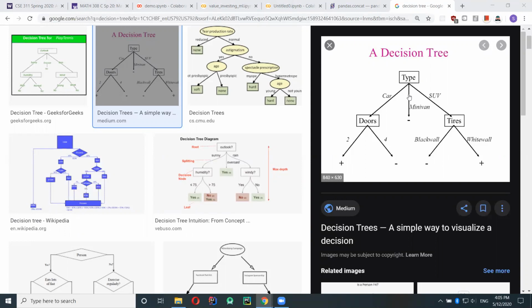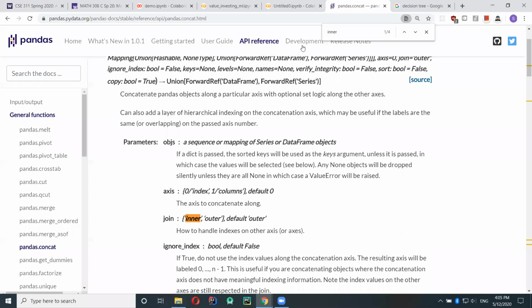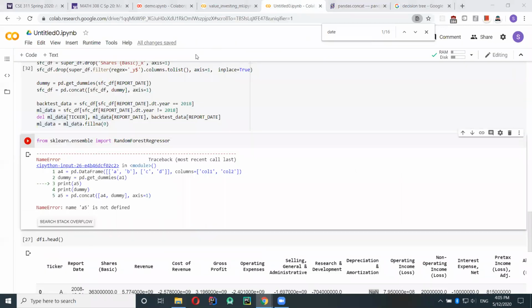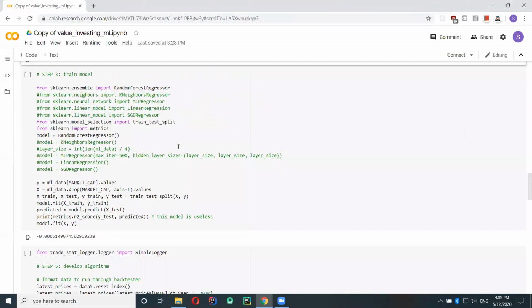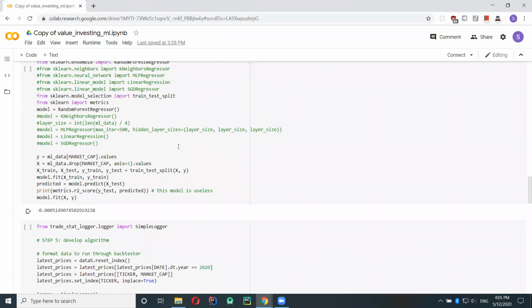And so what a random forest does is it takes a bunch of these trees and averages the decisions. That's why it's called a forest, because it's a collection of trees. I think it'd be better if you watch a video on how decision trees and random forests work. You actually don't even need to know how it works for now, but I think it is good to know.